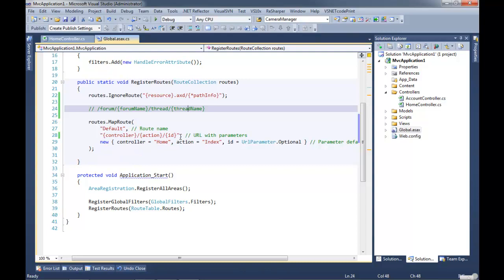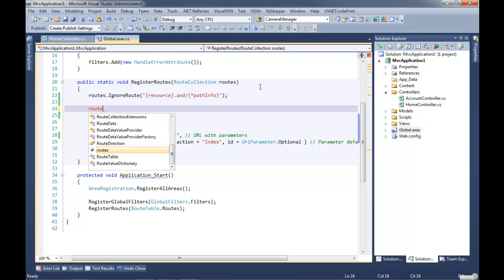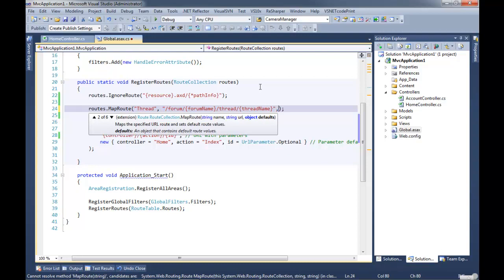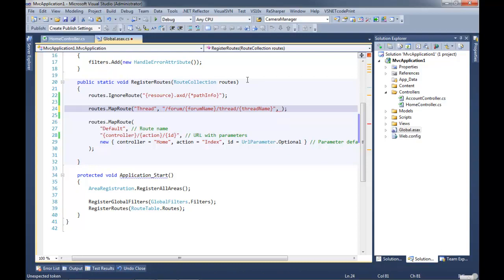Do it. Set a new map up, and can you set a method up that's just going to give us a basic page that says you're on the forum, or even uses one of the parameters to say what thread we're in? Yeah. I don't even need, as you'll see, I don't even need the view engines for that. Thread, and it's going to be forum name, thread. Should have probably just copied and pasted that. Thread name, and then we don't need any defaults or namespaces or any of that.